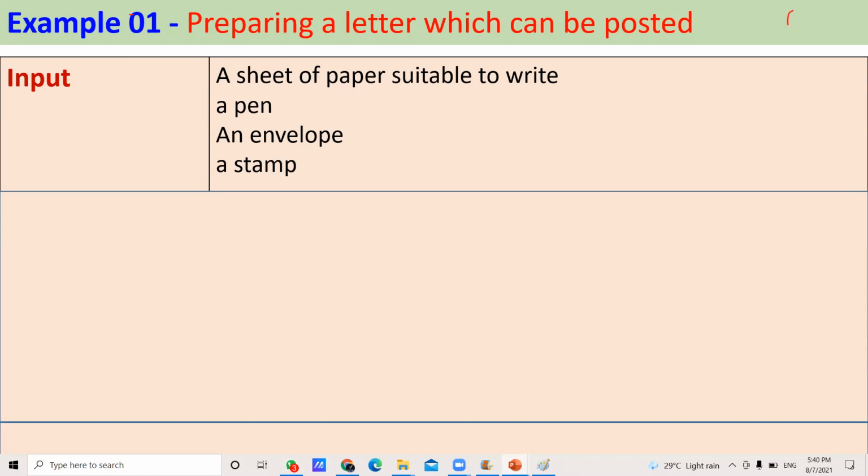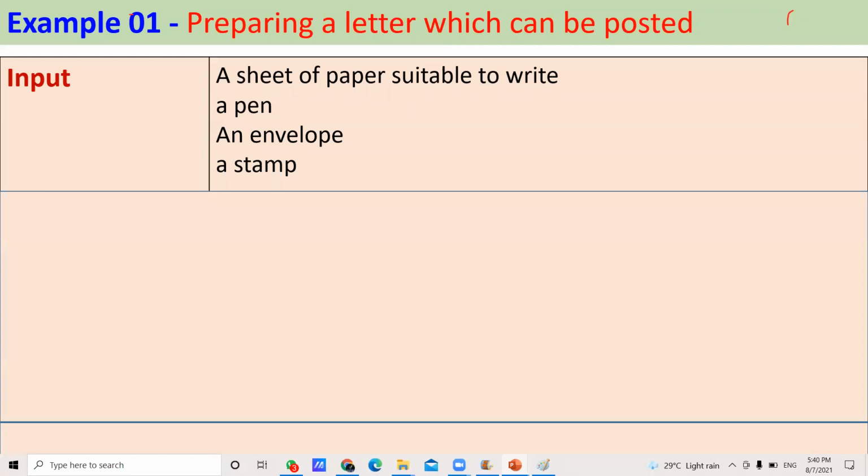When you are solving the problem based on the computer, that means when you write down the computer program, you need to identify each and every input. That means it should be 100% correct. In this case, it is not 100%. The glue is missing here. It's not a problem to understand, but when you are writing a computer program, you need to identify exactly what the inputs are.